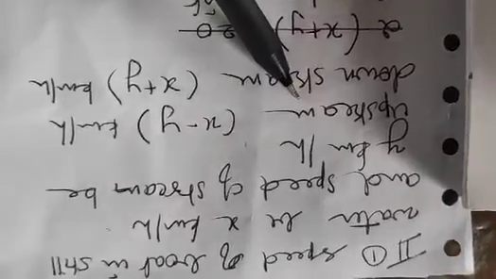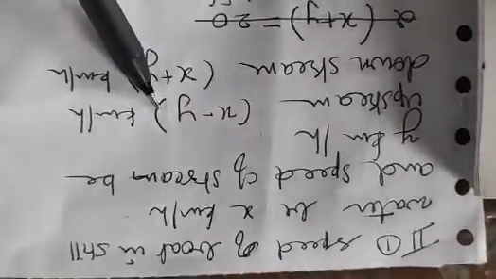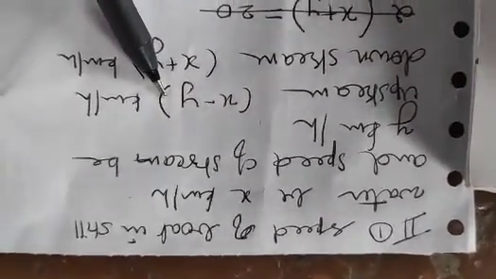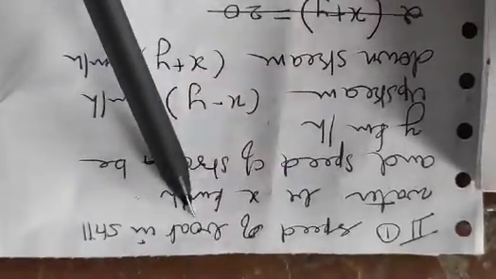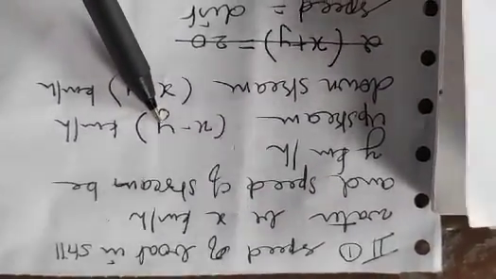Now the person is travelling upstream. Upstream means against the current. So when you go against this current, your speed totally decreases: x minus y. So you might ask, why not y minus x? Usually, the speed of the boat will always be greater than the speed of the stream. Is that point clear? This is mechanized and this is natural. So therefore, here we are assuming speed of boat is greater than the stream. Therefore, x minus y, the speed reduces when you are going up the stream, that is against the water current.